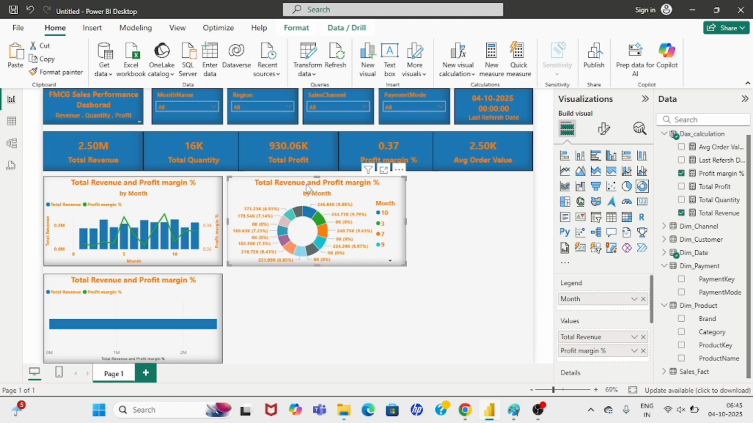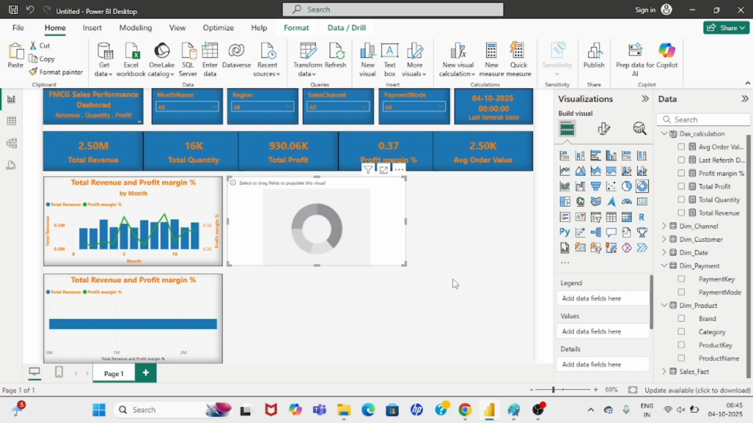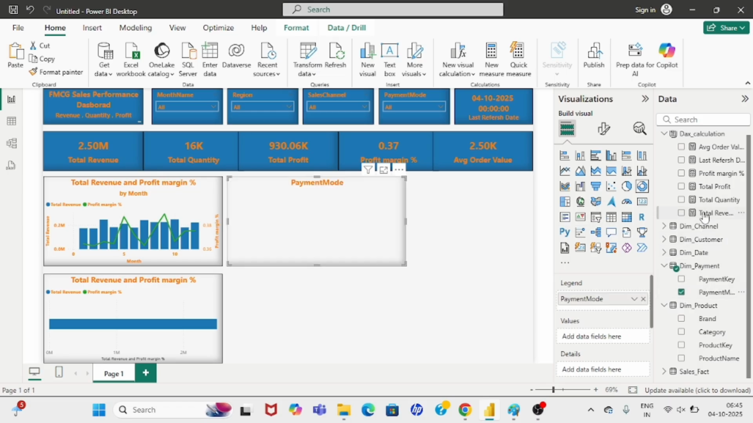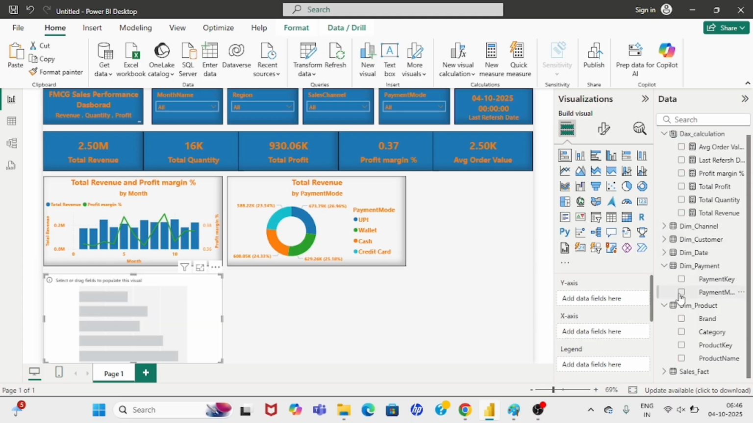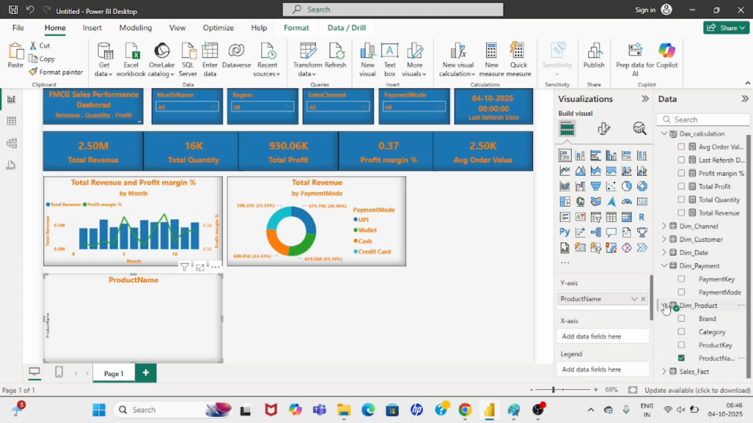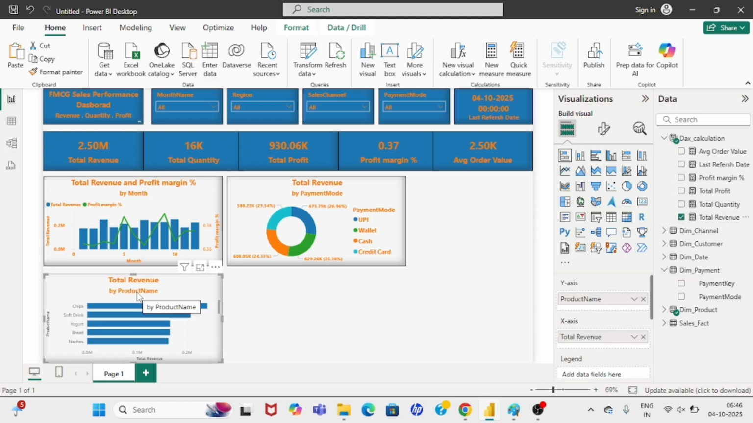So here also we have to change the values. We have not changed, so we are supposed to show the payment mode versus total revenue, right? So this is our values. This is the correct one. Now this would be total revenue, like the product from product table, product name, and then total revenue. So this is our visual. Okay, we can then do a color formatting